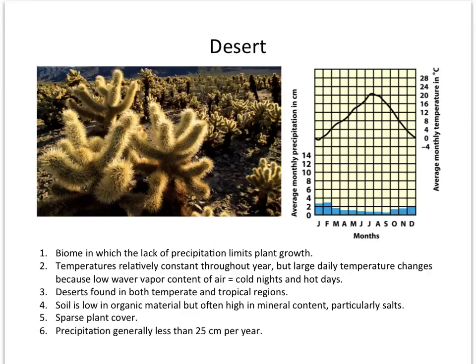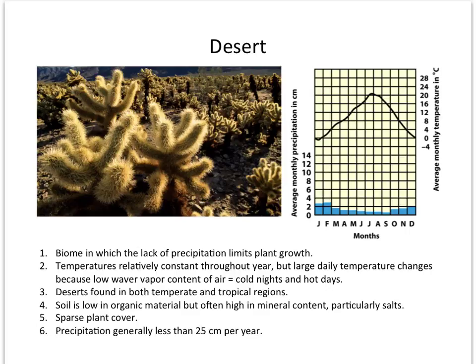The plants themselves are sparse and far between. They are adapted to conserve water by having no leaves or having leaves that can close up, have a waxy layer, and prevent evapotranspiration. The mammals themselves that are there are going to be largely small, nocturnal, that live underground in caves during the day and then come out at night.